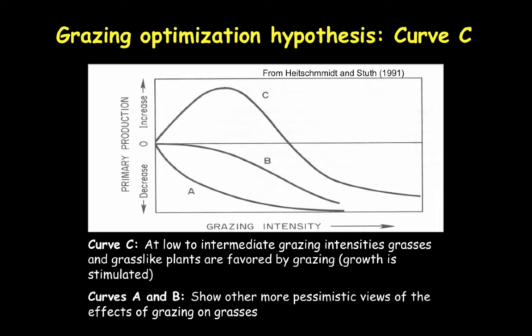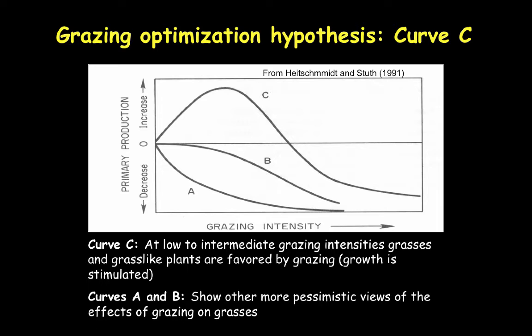So this is a figure from Heitschmidt and Stuth from 1991 that shows on the x-axis the grazing intensity. So we have low intensity over here to the left, high intensity to the right. And then on the y-axis, we've got a baseline of 0, and this really dictates plant production. So we have the ability to increase a plant's production or decrease a plant's production depending on what type of grazing we use. So curve C, the one up here on the top, is representative of an intermediate grazing distribution